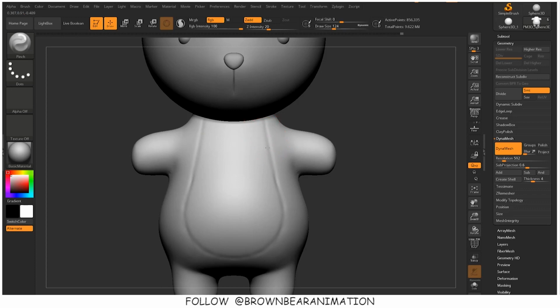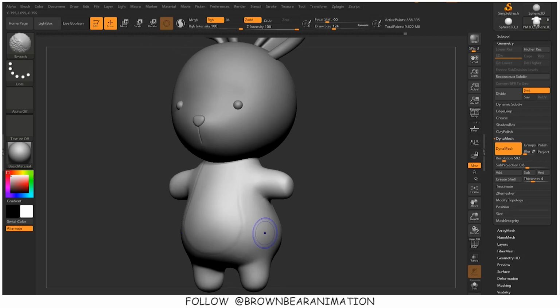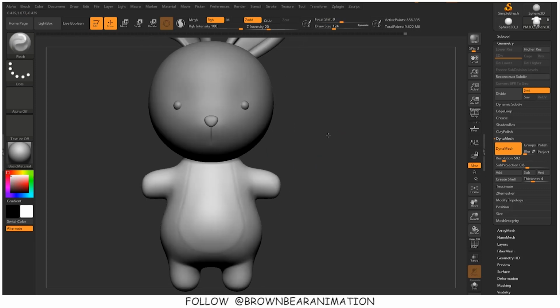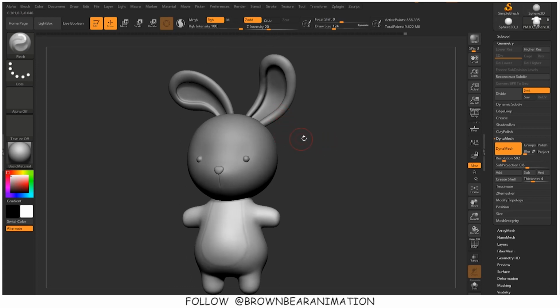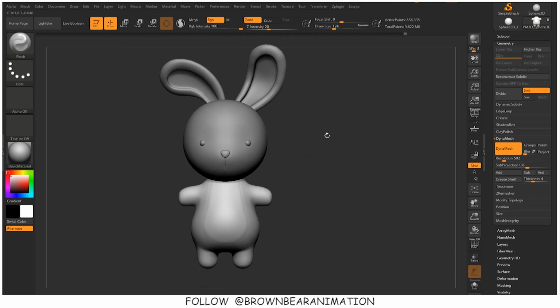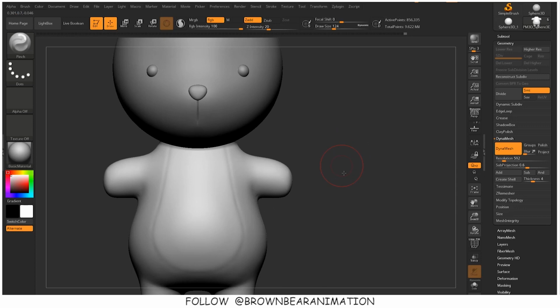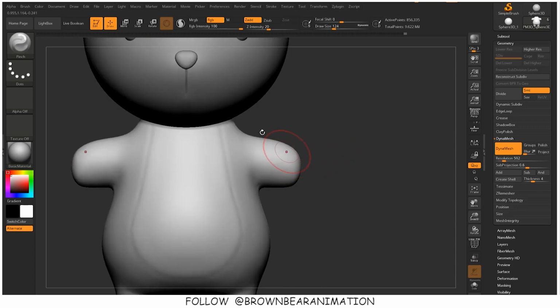Then I am using the Pinch brush again for reducing the gap between the lines, between the space. Then I will smooth out the whole thing. I just want a little impression of it, not the proper indented line. I think it is looking good. Let's move on to the